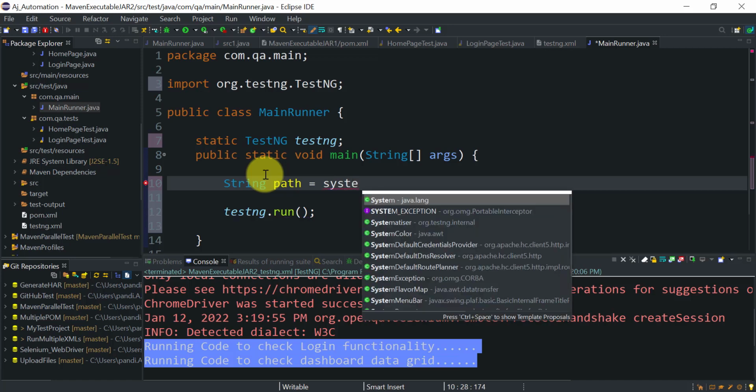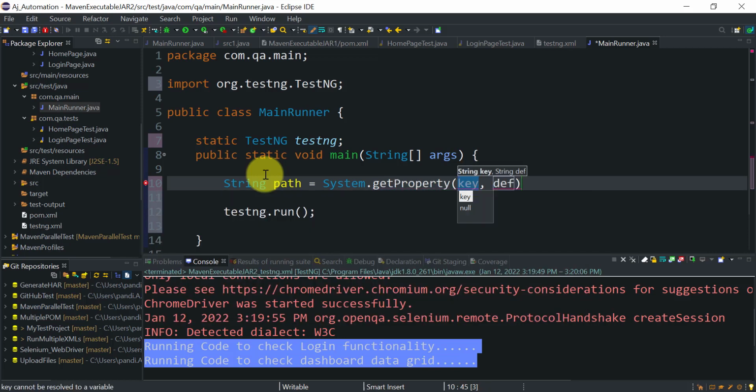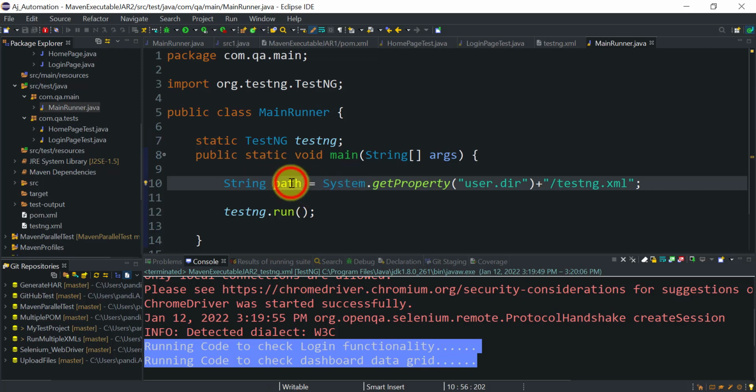It is available at my project location, so I will use System.getProperty("user.dir"), which gives the current project directory, plus my testng.xml file, inside the double quotes.